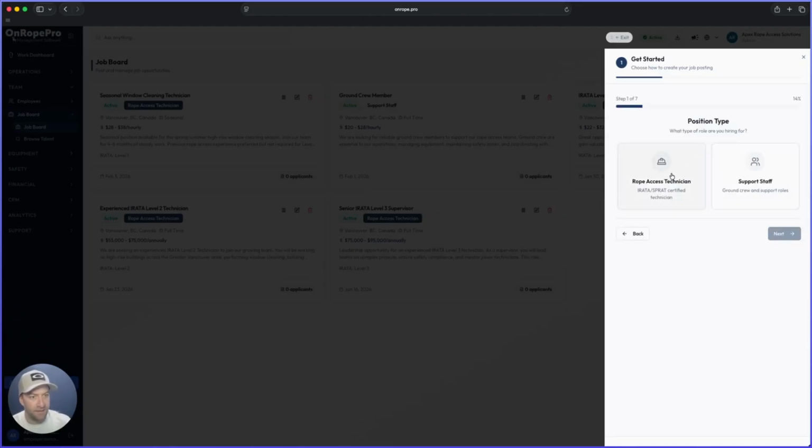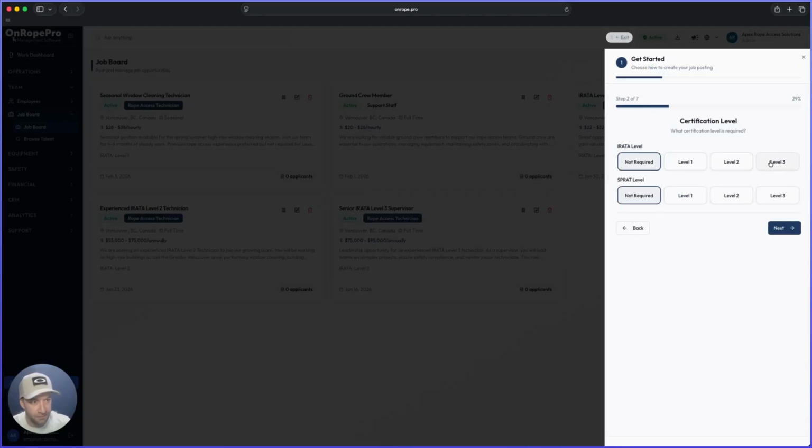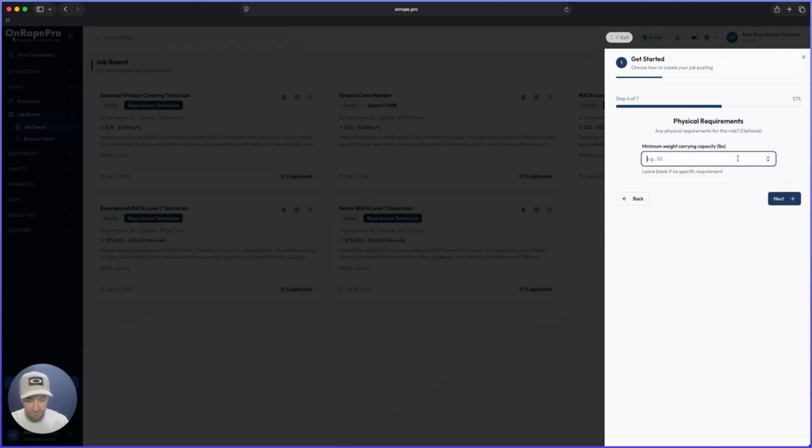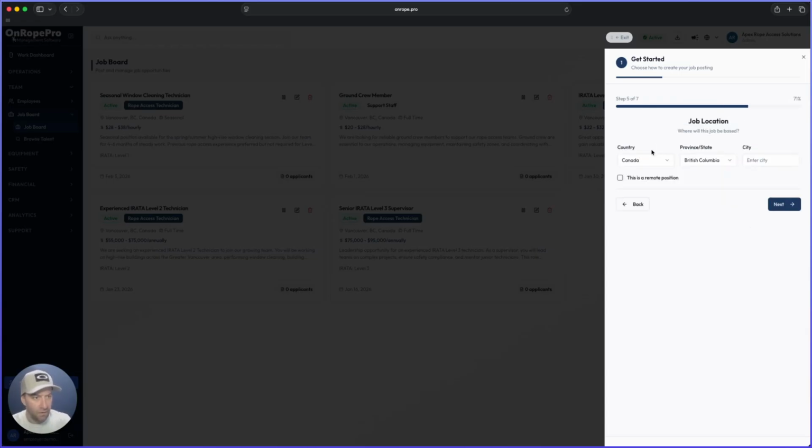So we're going to say here we're looking for a rope access technician. We're looking for a level 2 IRATA, and we're going to ask for 1 to 2 years, 50 pounds for minimum weight carrying. The job will be in Canada, British Columbia, let's say Vancouver. And